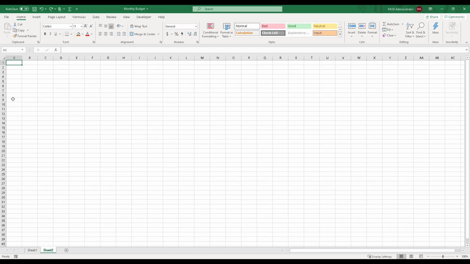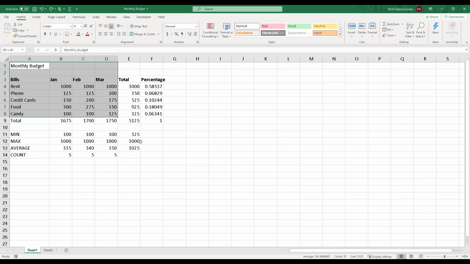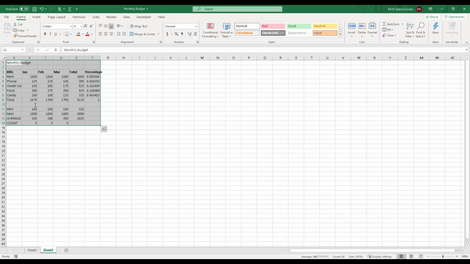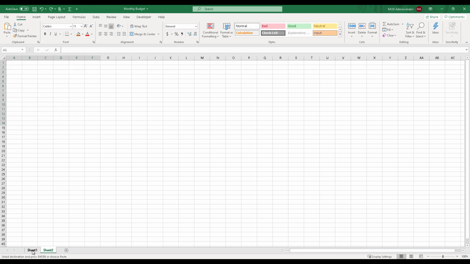It has a unique name, Sheet2. If you want to move the content over here, you can go to Sheet1, select this content, and cut it, and this time I will use the Cut button. As soon as I use the Cut button, it is held in the clipboard, and you will see that the Paste icon is now highlighted. So I can go to Sheet2 and paste it by clicking on this button. Again, I will undo this so that it goes back to my Sheet1.